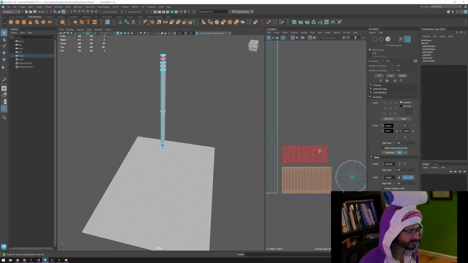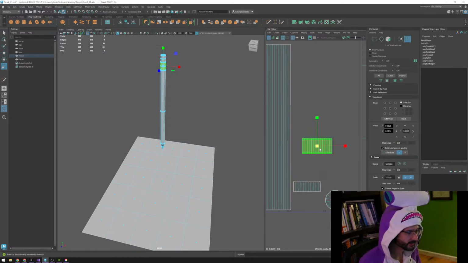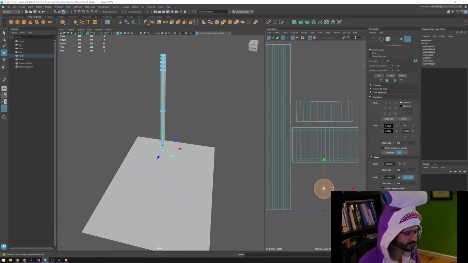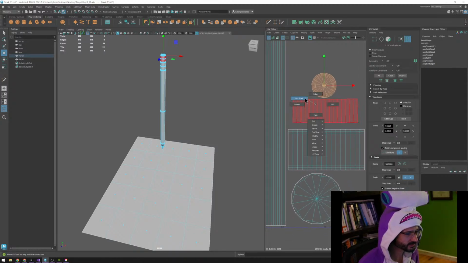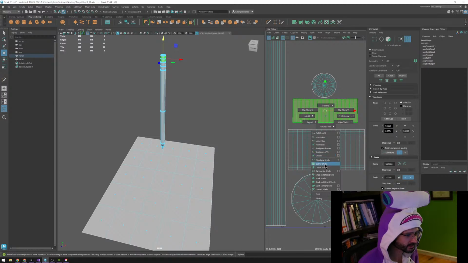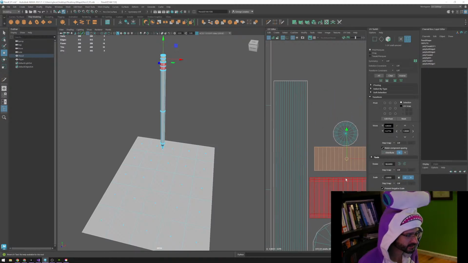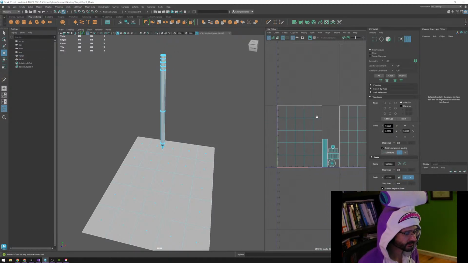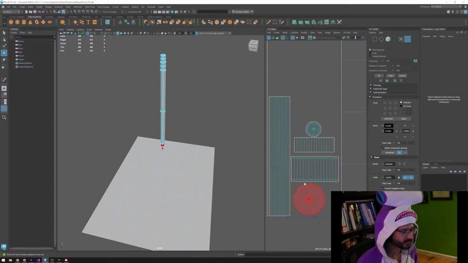So if we grab this and we move it up to like here and then just sort of scale it up, maybe scale that up a little bit more, grab this one, also move it here and scale that up. That's the pencil top. And then we can do the same for the bottom part here. And then we can do that for the top. And I'm trying to keep, though, the top part the same texel resolution. So we're going to right-click, grab this. We're going to straighten this entire thing, straighten UVs, save, and we've got, okay, well, the next thing I'm going